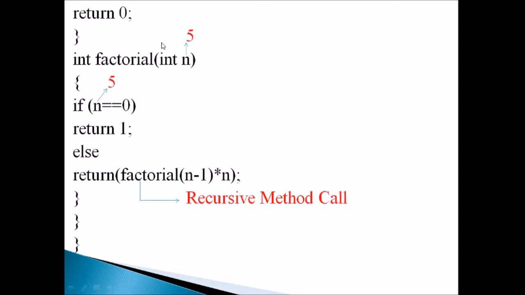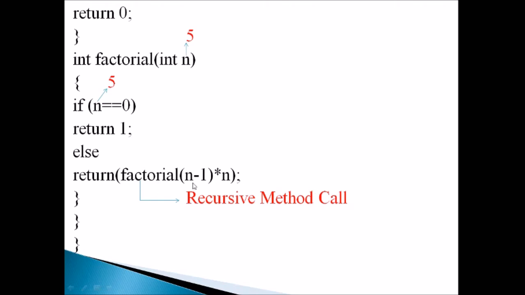the value 3 again the factorial method will be called. So 3 minus 1 is 2. 2 into 3. 3 also will be added in the stack, and now with the value 2 the method will be called again. So 2 minus 1 is 1. 1 into 2. 2 will be added to the stack, and with the value 1 again the method will be called. Here 1 minus 1 is 0. If it is 0, the value will be 1. That is also included in the stack.